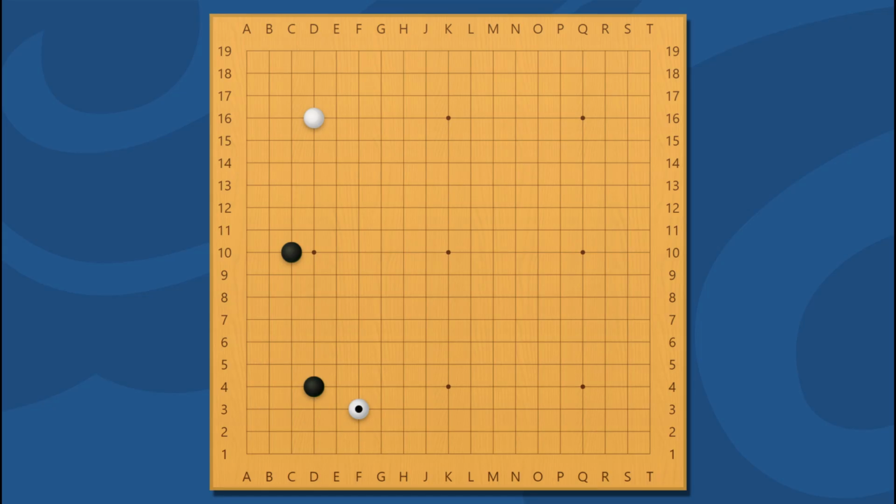White's approach here is the correct idea to prevent black from developing on the lower side. Black jumps and white makes a nice move in. It is played into this shape. This is a most basic joseki. Black expands from the start point to the left side, and there is no dissatisfaction in the shape. For white, when approaching the start point, it is very important to approach from the side where there is no stone. This white move directly makes an extension with the 3-4 point as the background, but